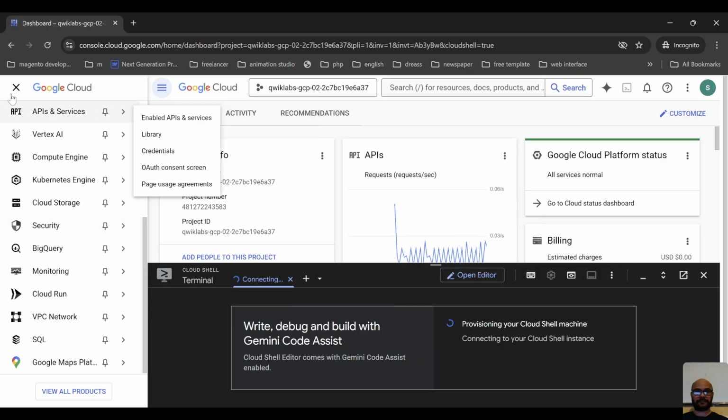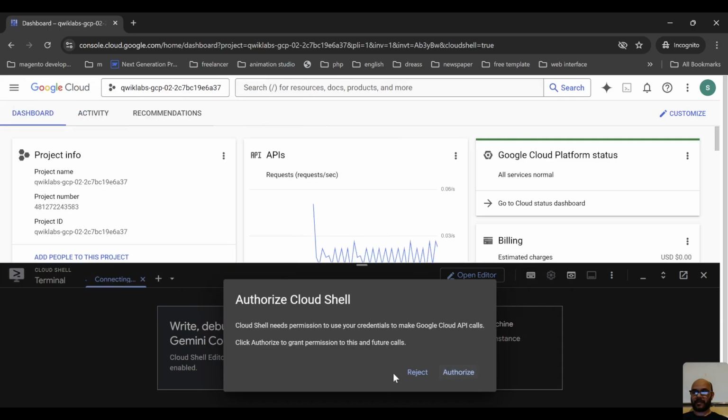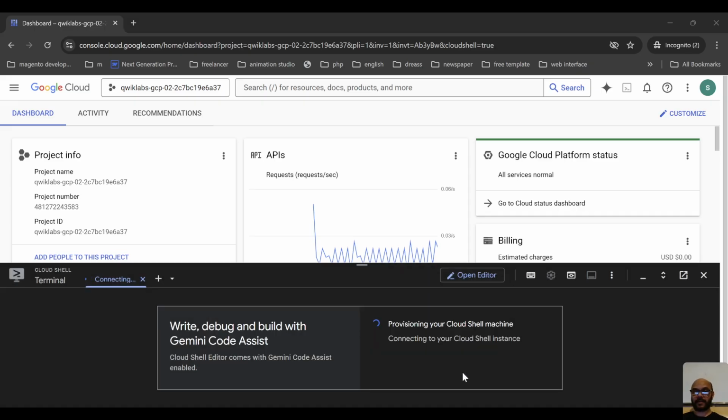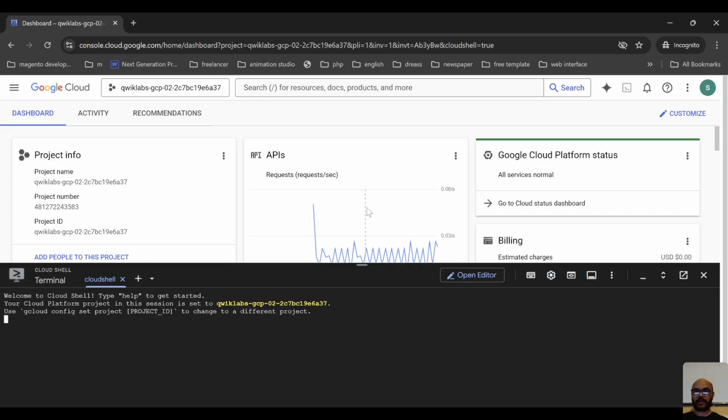Continue. It gives me the message to authorize the Cloud Shell, so I initialize the Cloud Shell. Now we will create the dataset,